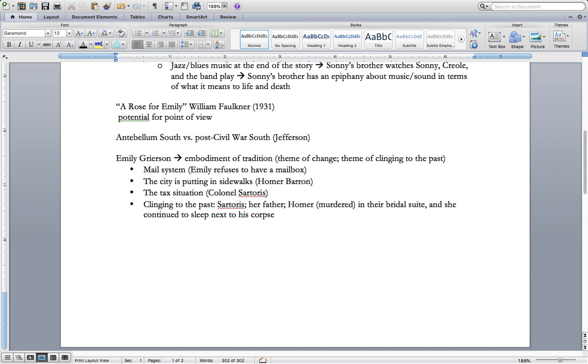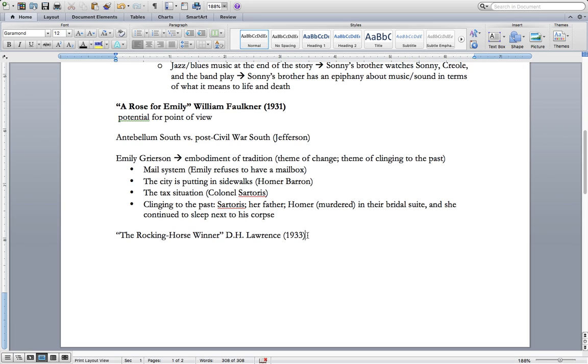Okay, I'm going to move on to the next story, where we have The Rocking Horse Winner. And this is by D.H. Lawrence, and another 1930s text, 1933. So, in D.H. Lawrence,